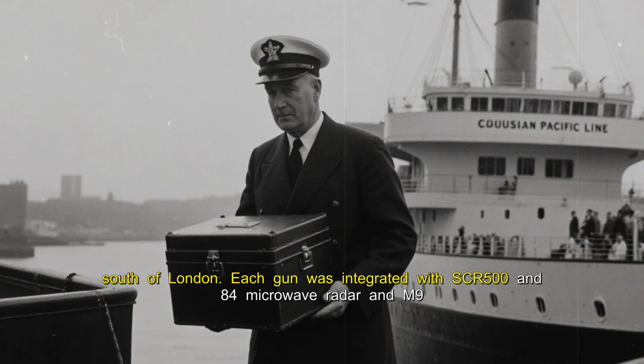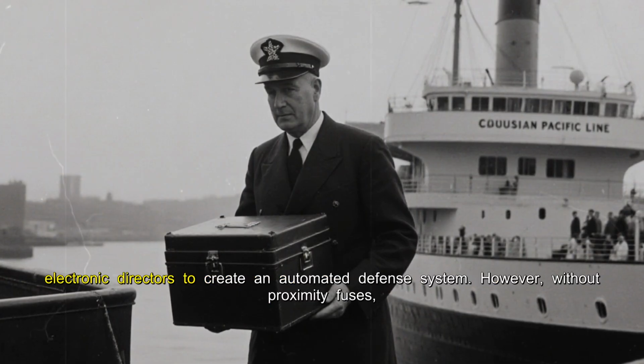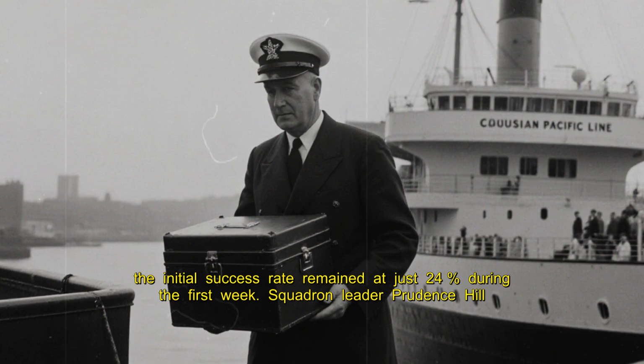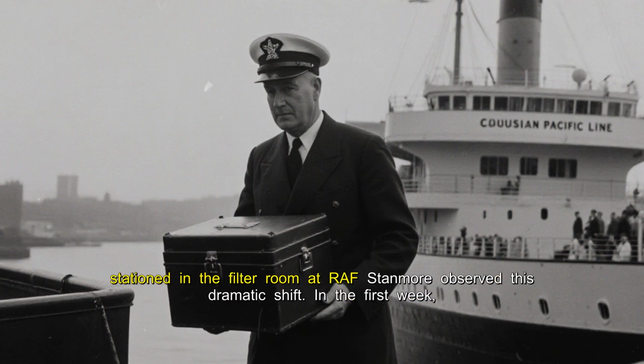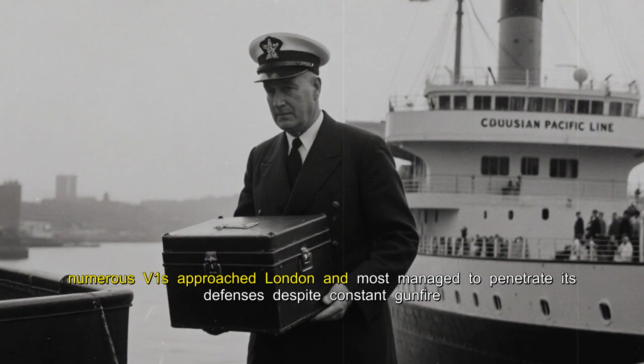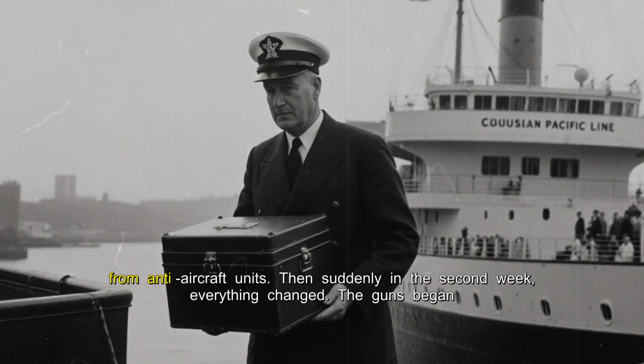Each gun was integrated with SCR-584, an S-band microwave radar, and M9 electronic directors to create an automated defense system. However, without proximity fuses, the initial success rate remained at just 24% during the first week. Squadron Leader Prudence Hill, stationed in the filter room at RAF Stanmore, observed this dramatic shift. In the first week, numerous V-1s approached London and most managed to penetrate its defenses despite constant gunfire from anti-aircraft